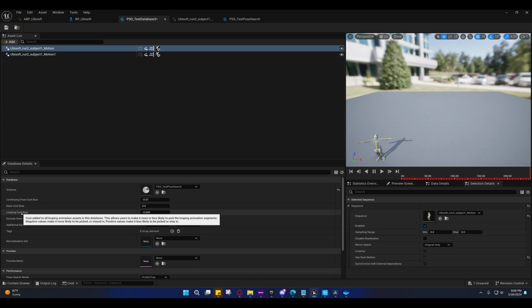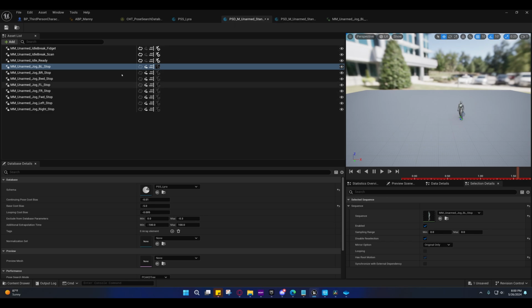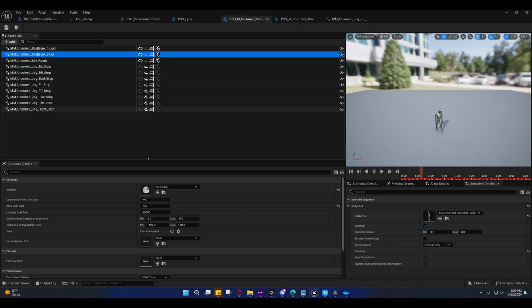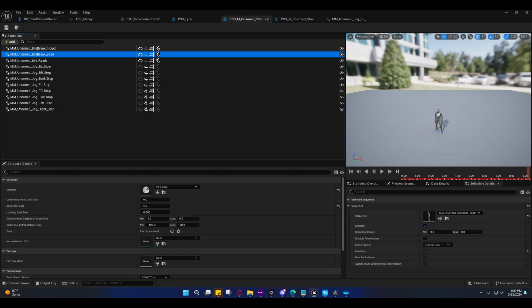So the looping cost bias, decreasing this will make it more likely that a looping animation gets selected, but it'll also make it more likely that you stay in a looping animation. So if you're having problems with it choosing the looping animations, then you might lower it. But if you need it to stay in it, you should either reduce the continuing pose cost bias if you need it reduced for all of them,